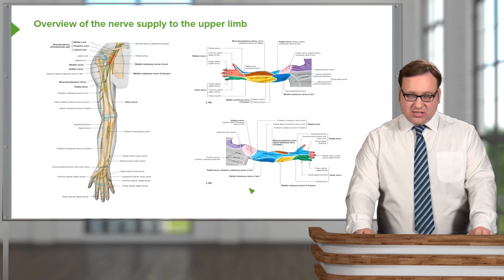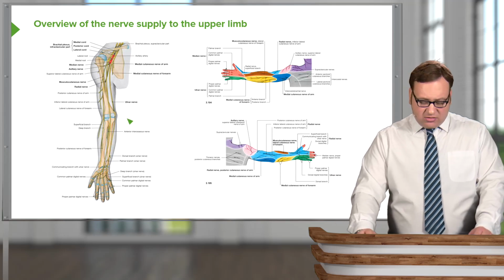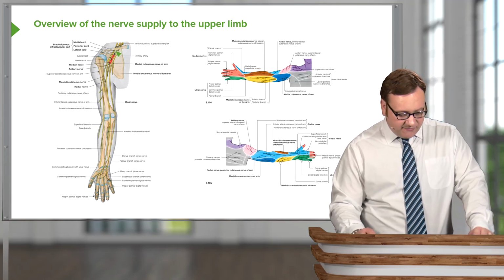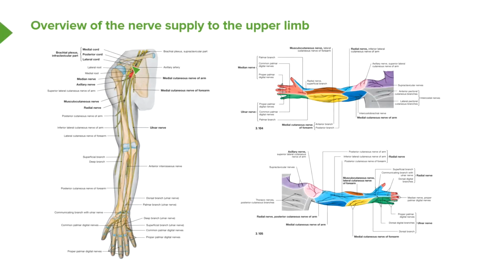So here we can see on the right-hand side the overview of the brachial plexus and the three cords coming away from the brachial plexus, the medial, posterior and lateral cord. How the medial and the lateral cord give rise to the musculocutaneous, the median and the ulnar nerves, and how the posterior cord gives rise to the radial and the axillary nerve. So we're going to look at those specific nerves and how damage to those nerves can lead to sensory and